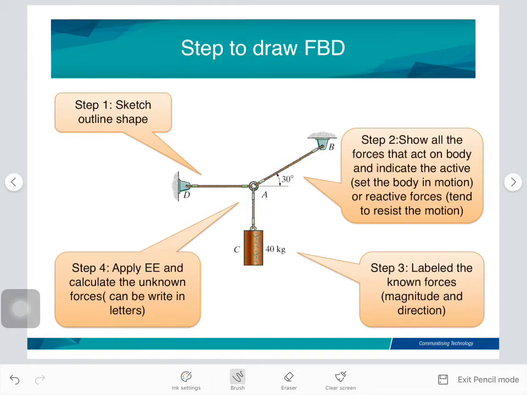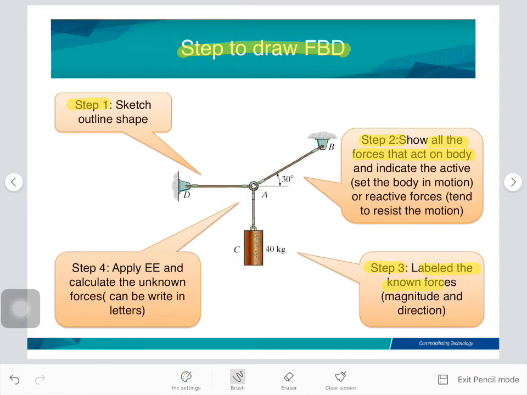Next, how to draw the FBD. So here we have the steps to draw the FBD. Okay, step number 1, sketch the outline shape. Step 2, show all the forces that act on the body. Step number 3,